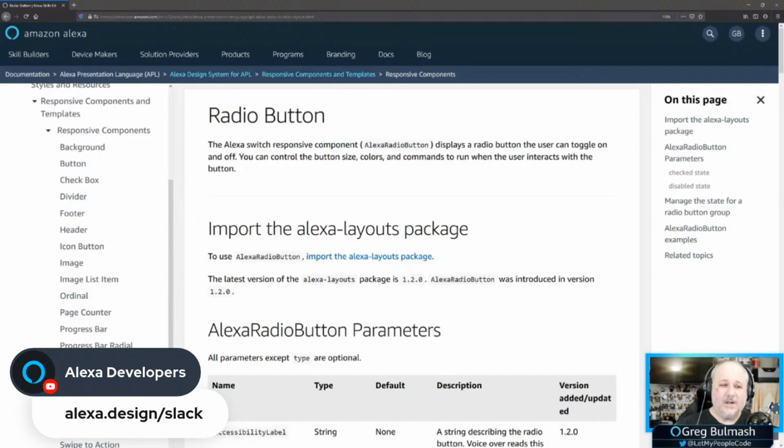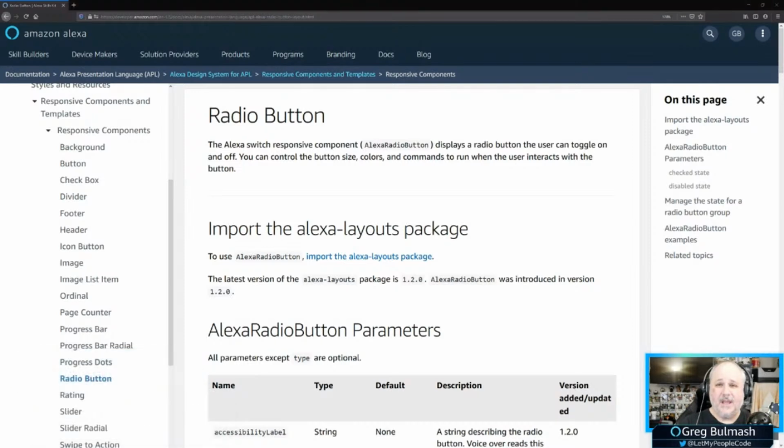But we're going to talk about today. I'm going to take down the Slack thing, but if you're just joining us, the Alexa Developer Slack is where you can join other developers to talk about developing for Alexa, and we even have a special APL channel that you can join and talk to other developers about your successes, your challenges, whatever with APL. And we've got some really great community members who are really helpful. And some of our PMs and solutions architects drop in to answer questions or just join in the chat as well. So I'm going to hide that now.